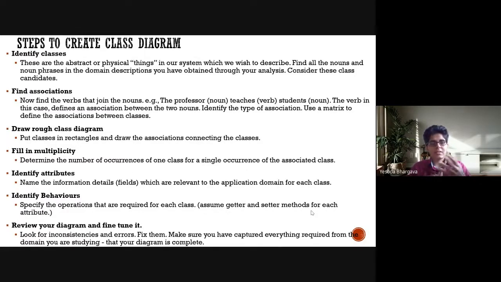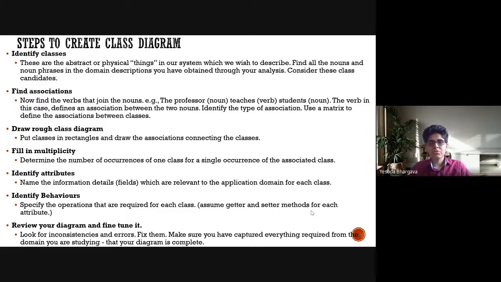So these are the few steps that are used to create a class diagram. First of all, you identify the classes. And to be able to identify the classes, you really need to understand your problem statement pretty well. And obviously, when you start off with a problem statement, you never really begin with the creation of a class diagram at the front. The good thing about all of you is that you have reached a certain level of familiarity with the projects that you are doing. So it will be easier to communicate with the project that you are making and then go on to develop the class diagram. So you identify classes as the first step.